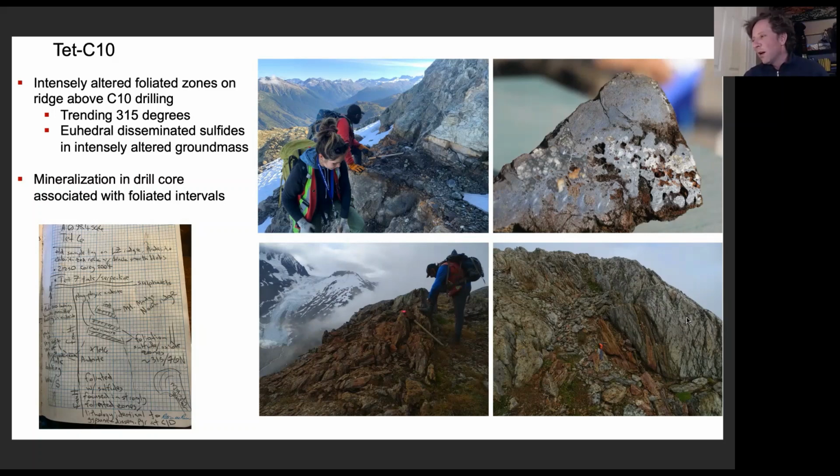where you have these somewhat foliated greenschist metamorphosed andesites. And then you have these intensely foliated zones with a very strong oxidation here. And when we compare how these really foliated zones compare with our grade shells and drill core, it seems that these really foliated zones are lining up very nicely with our grade. And it's possible that this is because we're dealing with our mudstone horizons here that have been more metamorphosed, and the phyllosilicate minerals within the mudstone would be more prone to developing foliation than our andesitic rock package